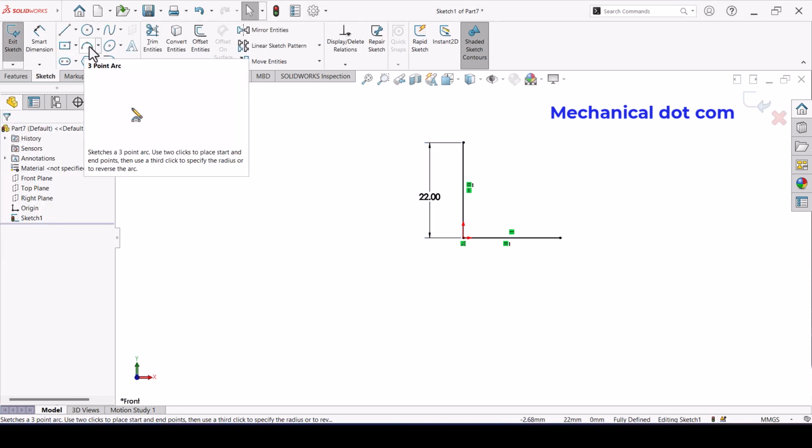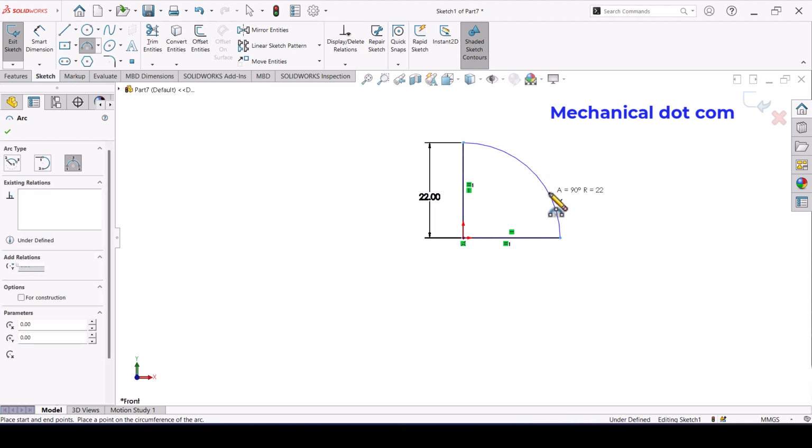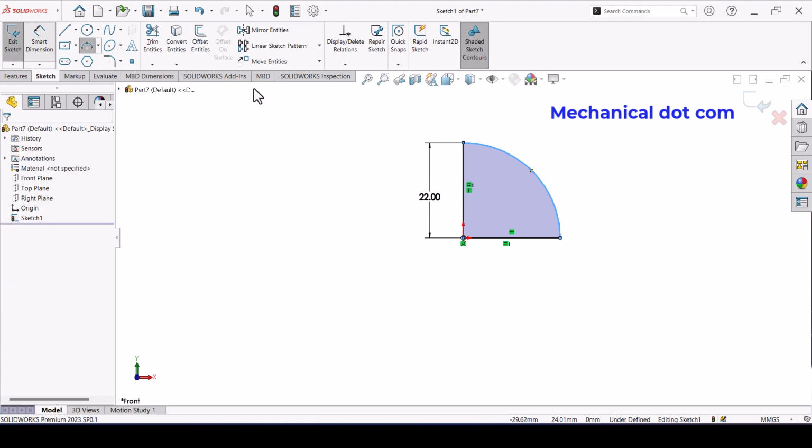Now go to 3-point arc. Make sure that the angle is 90 degree. Now go to Smart Dimension and measure the length 22 mm.